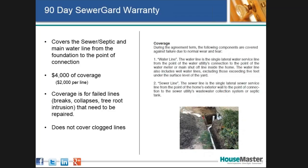We get a lot of these claims that come in, especially the roof warranties, and they're sometimes a lot higher than they should be, but plumbers are kind of notorious for overpricing. We have claims that come in all the time, and homeowners, especially new homeowners, really don't know what these costs are. And again, typically when we get a sewer guard claim, and by the way, it covers the underground lateral line for collapses, breaks, leaks, tree root intrusions, and things like that, homeowners know that they